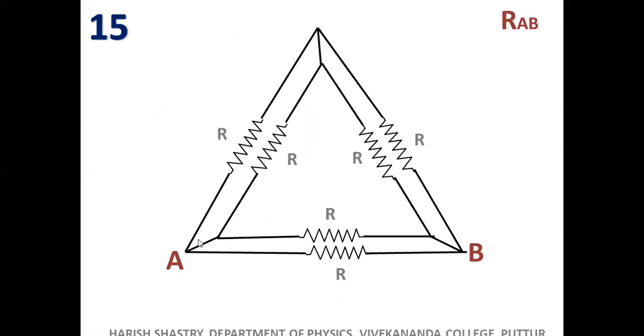All the resistances are in parallel. You see, at A, there are 2 resistances in parallel. Across A and C, let me call this C here at this corner, there are two resistances in parallel. Here, two resistances in parallel. Can I replace from here to here R by 2? From here to here R by 2. And this one I will keep as it is, this one across A and B.